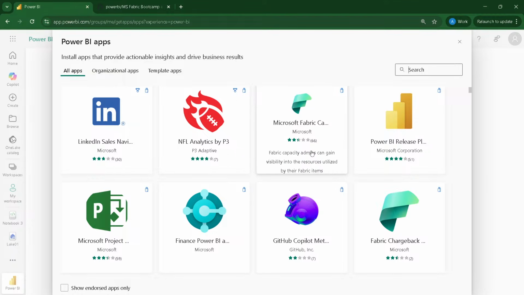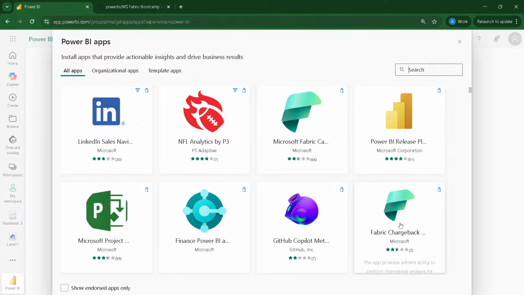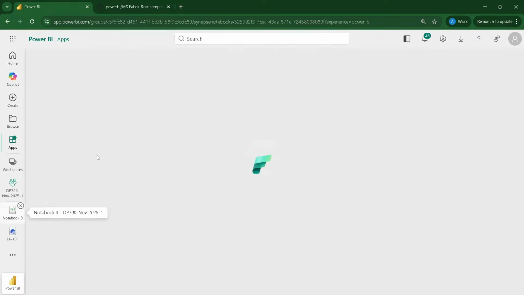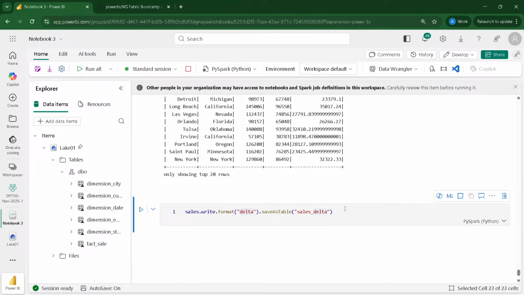Capacity matrix tells how much capacity you are utilizing, and that's where you get your 100% CU reference. So looking at the chargeback app, let's say today I have consumed 50% of my capacity. The 50% means these many CUs. So what is my cost per day of CU? Both these apps combined are going to solve the purpose. Okay, we'll go back to our notebook. We jumped out of it without saving the table. So the chargeback app and the Fabric capacity app are going to help you out.